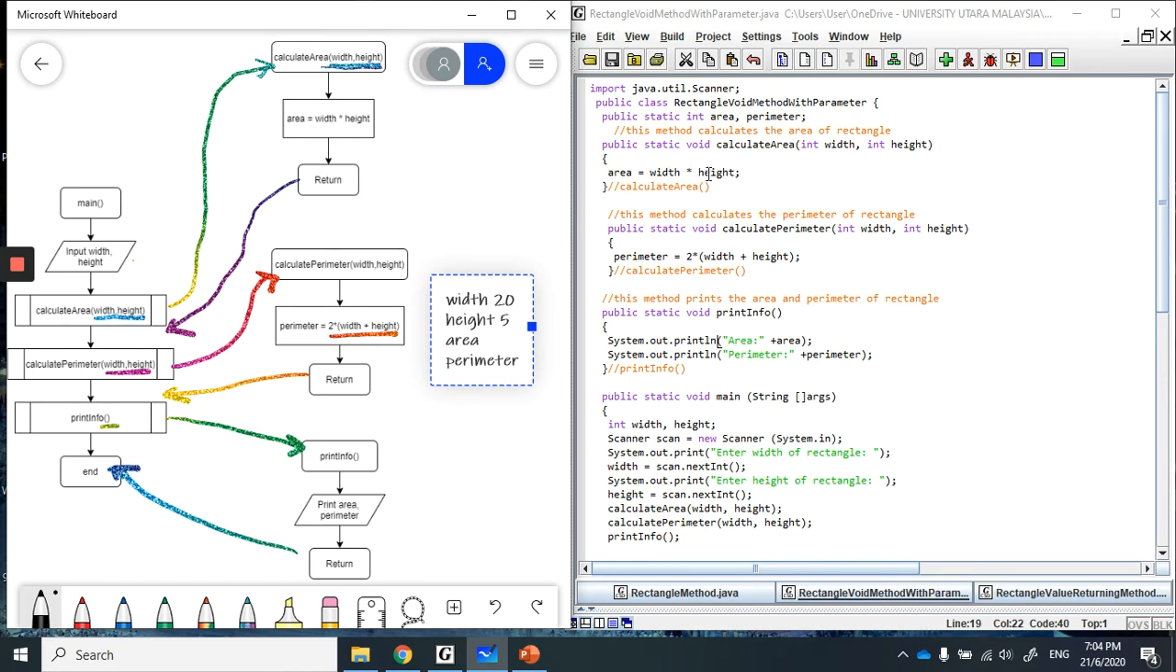So 20 times 5, you're going to get 100. So this 100 will be kept in variable area. So your area is 100. Okay, so now you don't get any output yet. You just do the calculation, and after you have done the calculation, you come back to the main method,